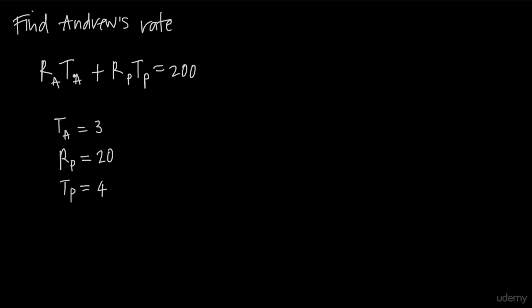And the reason that we sometimes use subscripts instead of just variables is that they can be very descriptive, much more so than variables. So for example, if we have this problem here where a represents Andrew, and p represents Peter, and we want to say Andrew's rate times Andrew's time plus Peter's rate times Peter's time is equal to 200, then using these subscripts can be very descriptive, as opposed to if we wrote this equation as x times y, where x is r sub a and y is t sub a, plus r sub p is, let's call it w, and t sub p is z, we'll say x times y plus w times z is equal to